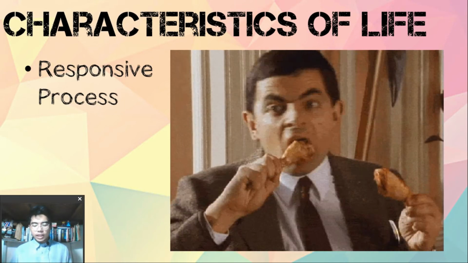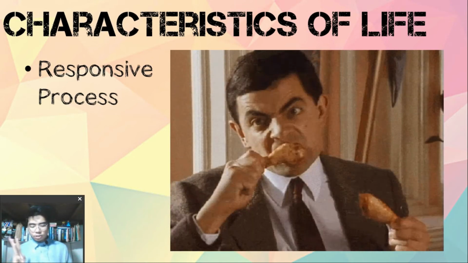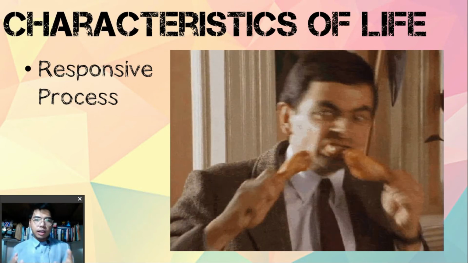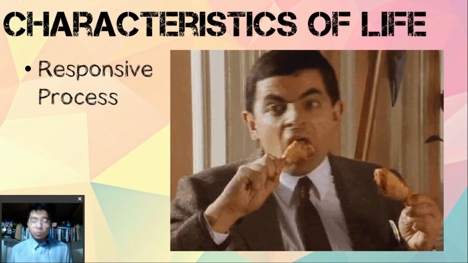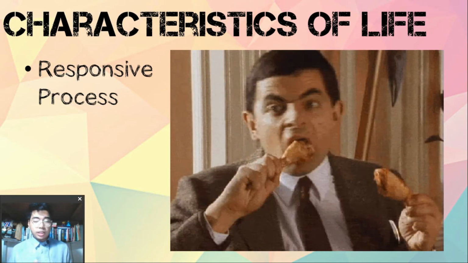The first one is the presence of irritability. The second one is individual adaptation. And the third one is evolution. How do organisms respond to the different stimuli present in their environment? In a very simple sense, whenever we are hungry, we want to eat food. We need to consume food because it is being directed by our genes, by our body, that we need to